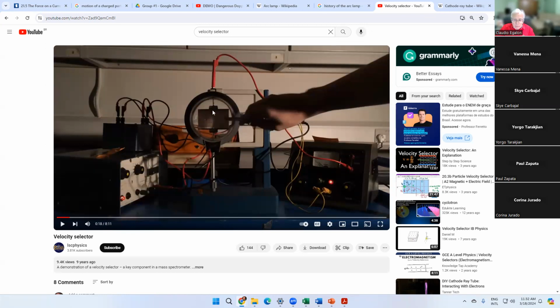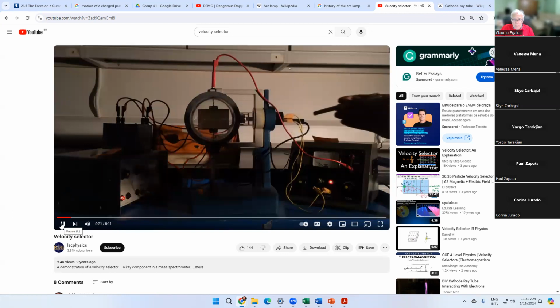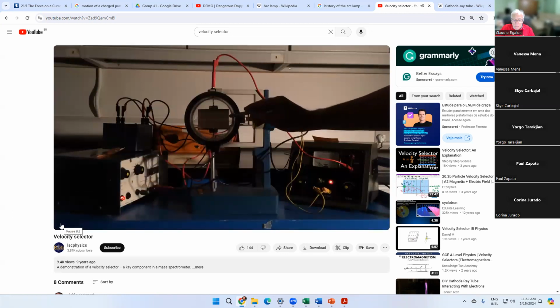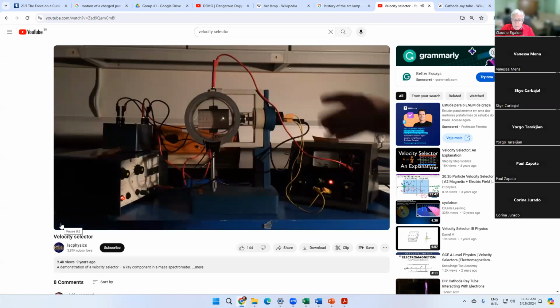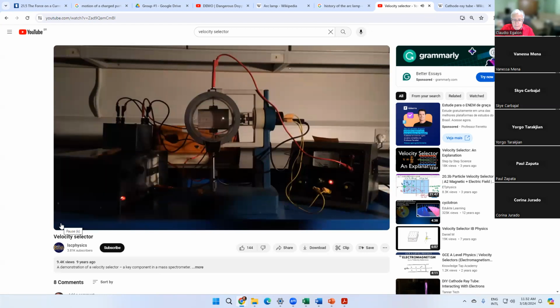Applying the electric field. So the electric field is from the top to the bottom, right? The electric field line is from the top to the bottom. But we can also apply a magnetic field to this configuration as well. Slightly offset so that it cuts across the beam, and that will produce a nice straight line where the electrons are striking the plate.